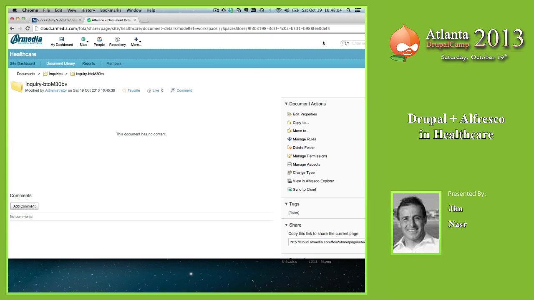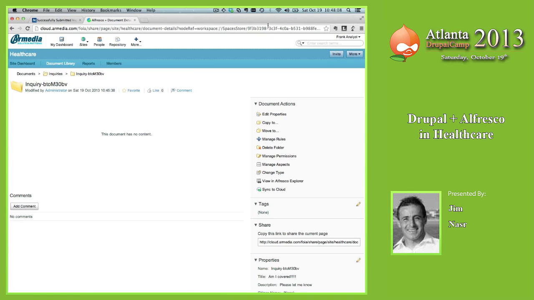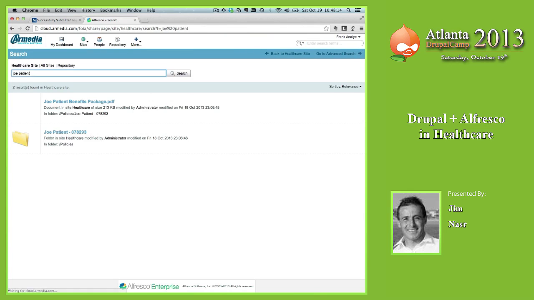So at this time, let me fix this. I'm simply going to search Joe for Joe the patient. What if your Drupal site can also search for this kind of information? Which Jim mentioned earlier about this notion of federated search.